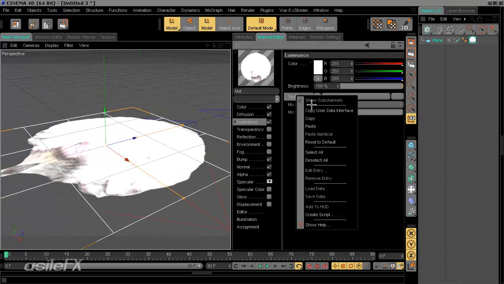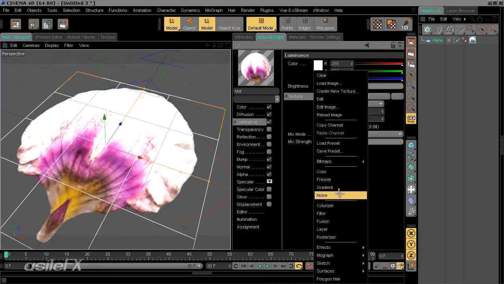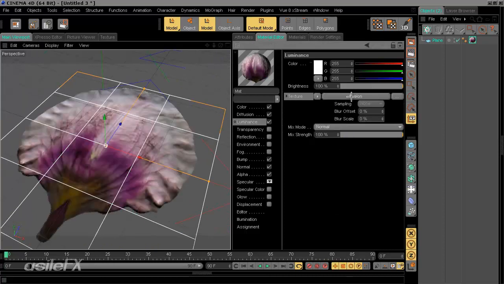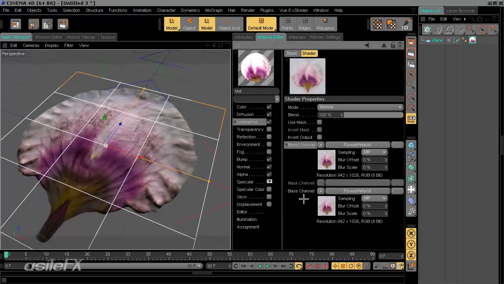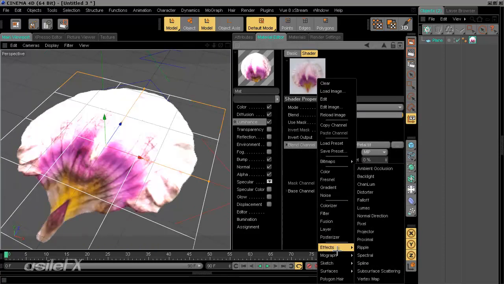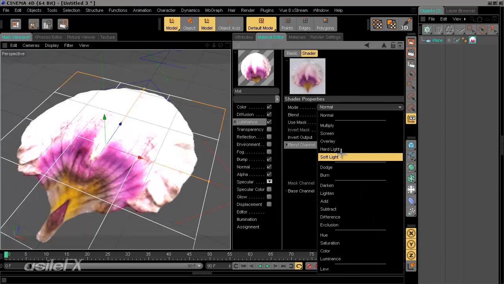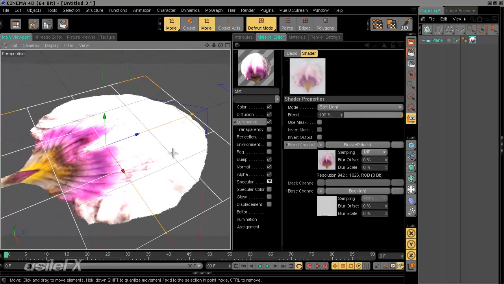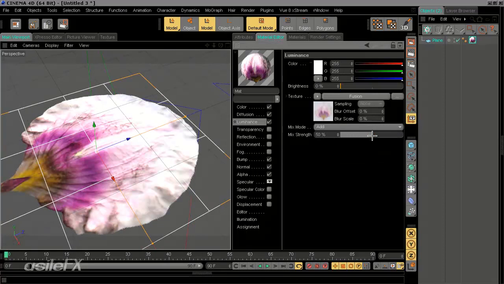So we can go ahead and paste in the texture again, and set this up to be a fusion. I'm going to go ahead and copy my base channel over to my blend channel, change the base channel over to backlight, and now we can set the mode to, let's go ahead and start with a soft light, and then back in the main luminance, turning the brightness to 0, setting the mix mode to add, setting it to around 50%,